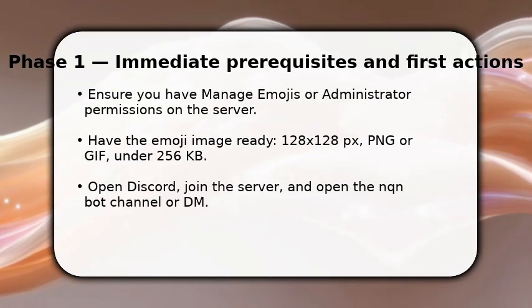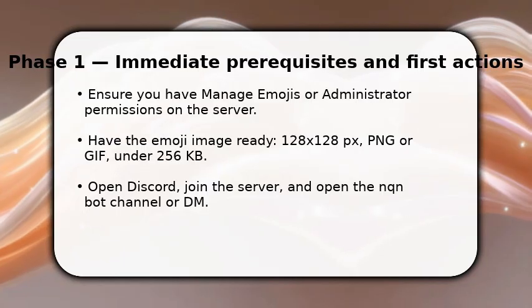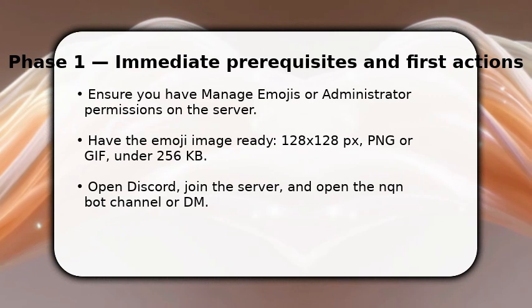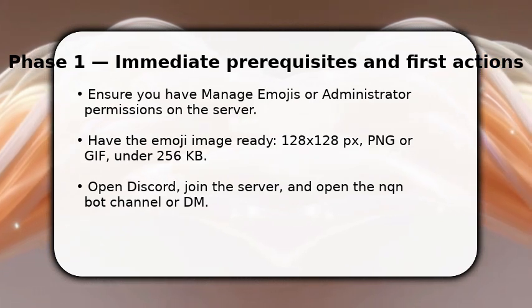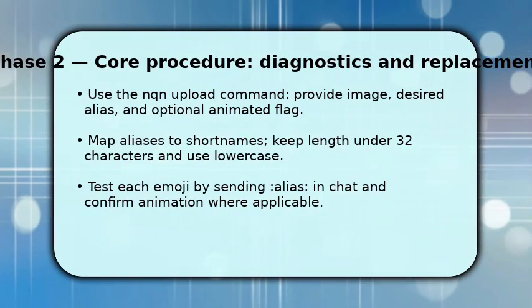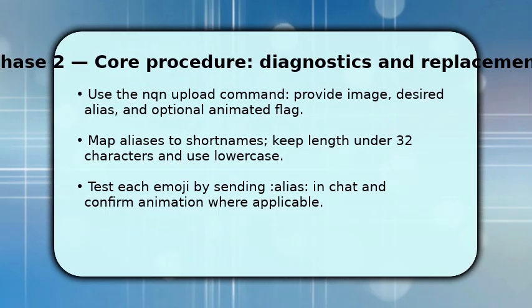Next, open the bot channel or a DM to NQN and type the trigger to begin emoji import. This is the first actionable step. Make sure to name files clearly before upload, because NQN will use those names as you now upload and assign emojis using the NQN upload command, specify the image file, the alias you want, and add an animated flag if